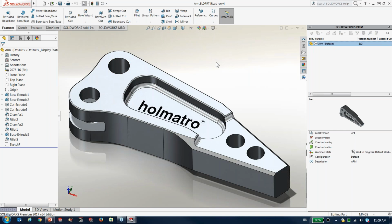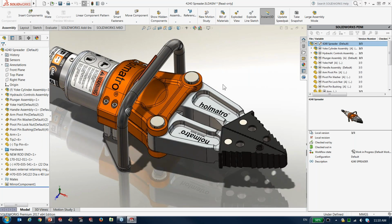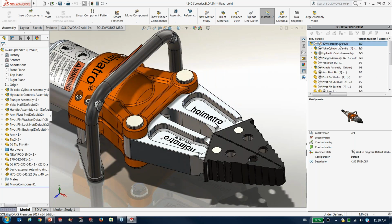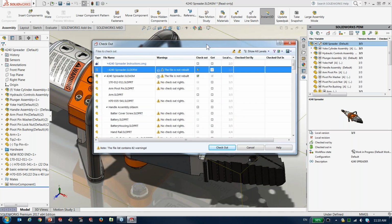So this is great because PDM is tracking everything that you're doing. Now, if I go back to the assembly level, I also want to implement that change at the assembly level. So over here, I want to do, again, a checkout because I want to save these changes. And what's great about that is that at the assembly level, you can actually pick and choose what you'll be working on. If you don't have a PDM system, by default, when you open the assembly, everything's locked up for any other users. So here, if I know I'm simply going to be working on the top-level assembly and the drawing that goes along with that, someone else could be working on some of the other files, and you'll also notice that some of the files don't have any checkout rights, and that may mean that